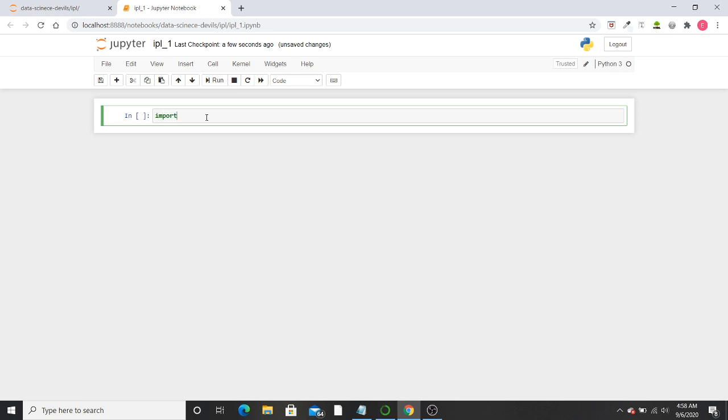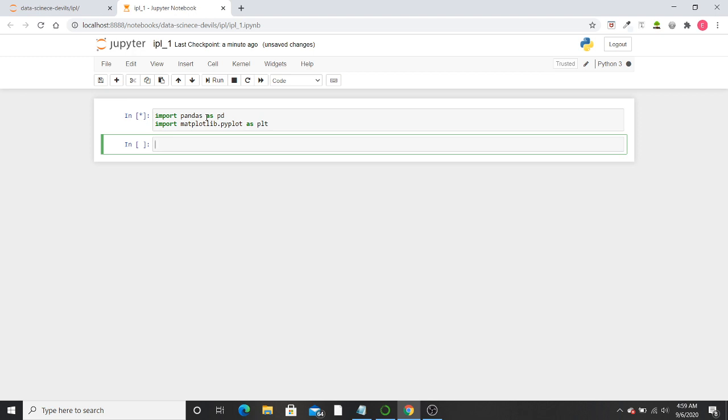So simply write import pandas as pd and import matplotlib.pyplot as plt and then hit shift enter.